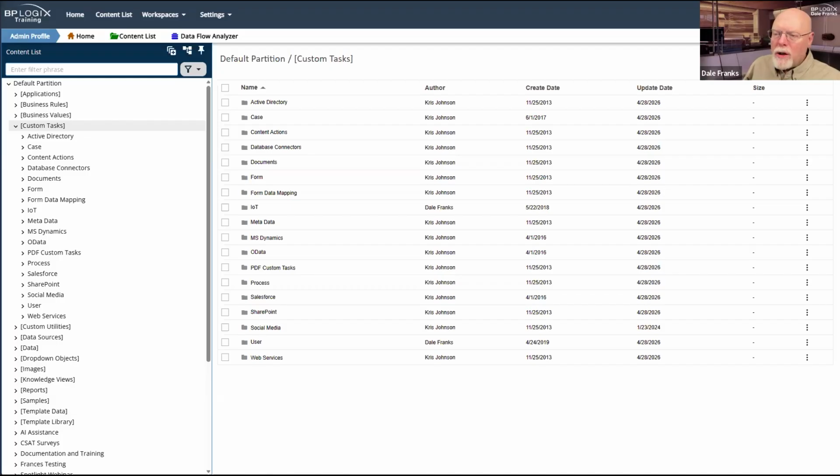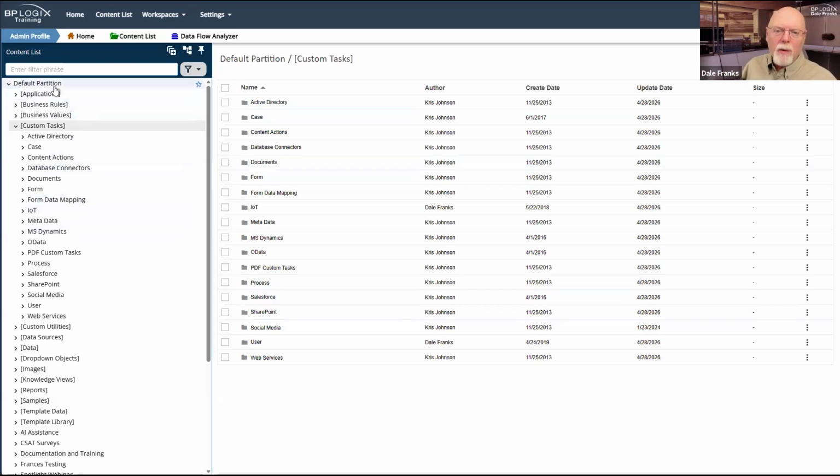The first thing that we have to talk about is how custom tasks are organized. When you download the custom tasks from BP-Logix, they are downloaded as a PDZ file, which is essentially just a zip file that you need to import into the root of your partition.